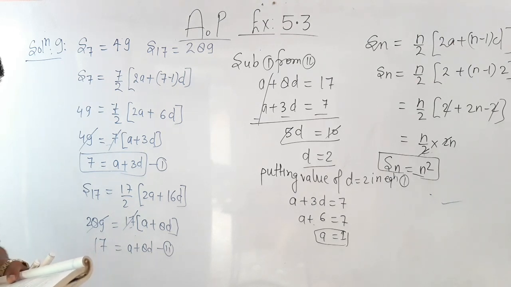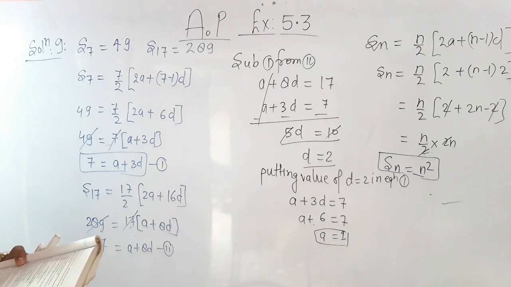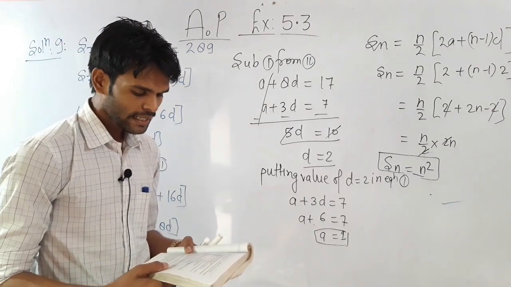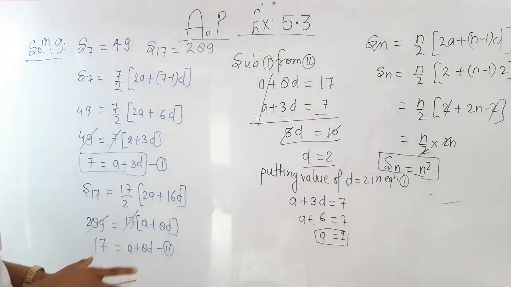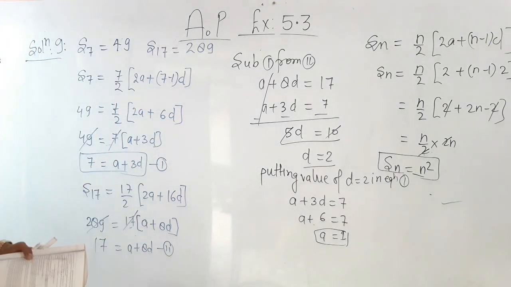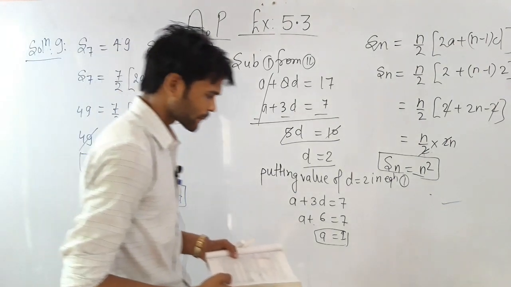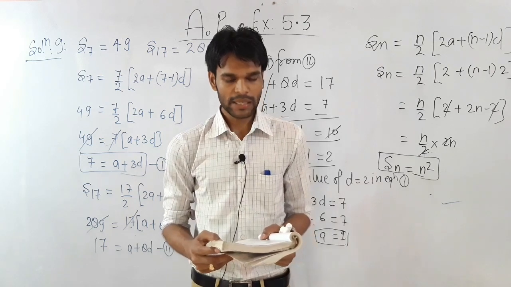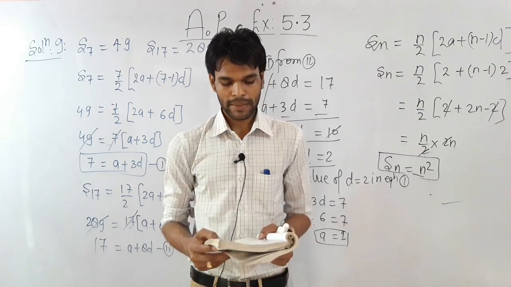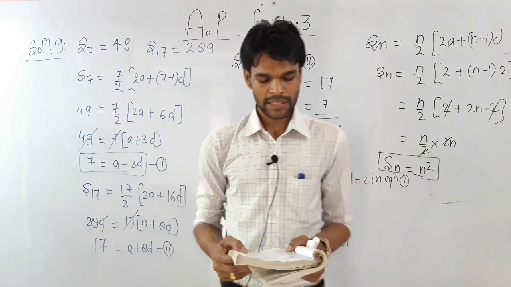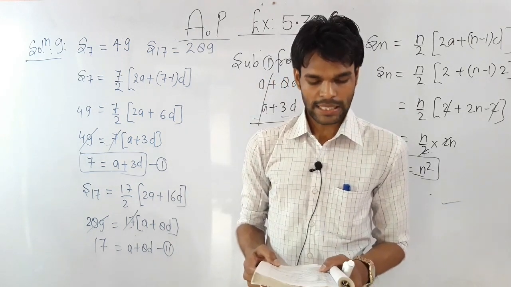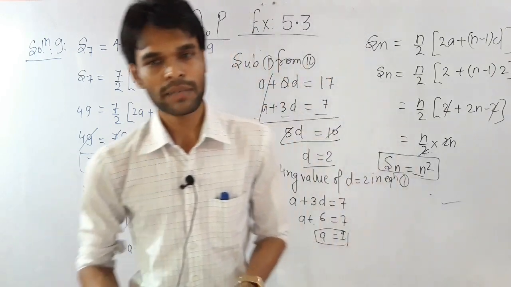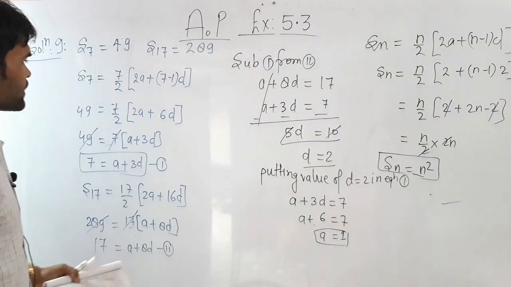Question number 10 of the given exercise. Let a1, a2, dot dot dot, an form an AP where an is defined below. Note this down, everyone. Question number 10 says that a1, a2, dot dot dot, an form an AP where an is defined below. An is equal to 3 plus 4n. Then you have to find the sum of the first 15 terms in each case. There are two parts of question number 10. So let's have a look over here.